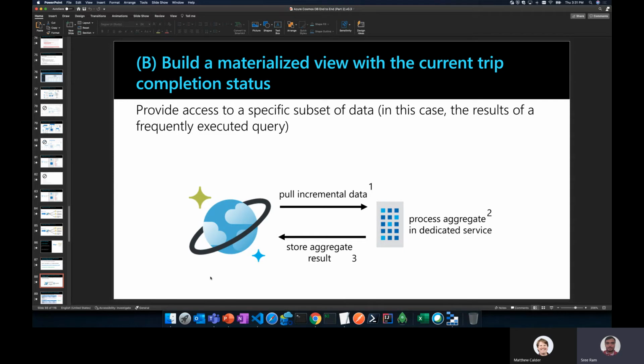By now you will guess the answer: using the change feed. That's how we build a materialized view. Instead of everyone reading the base Cosmos DB and doing their own calculation, we use a materialized view, and in this case, we calculate the completion status so that every user refreshes against it.